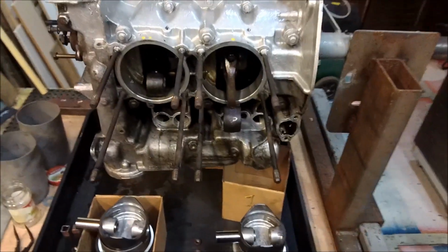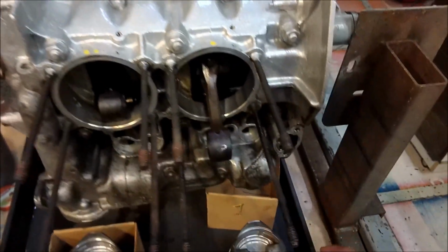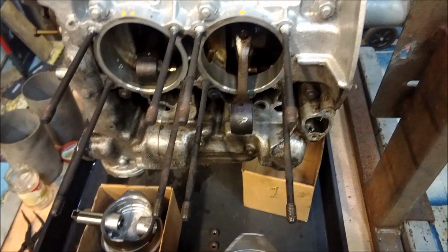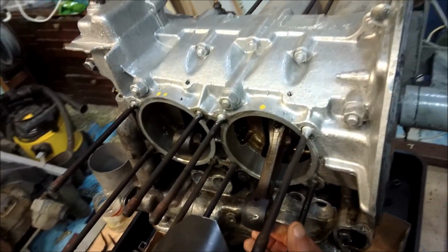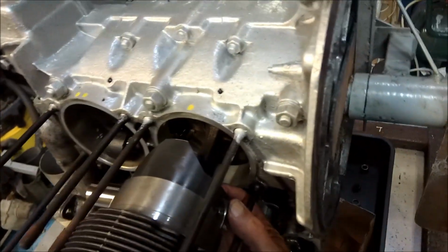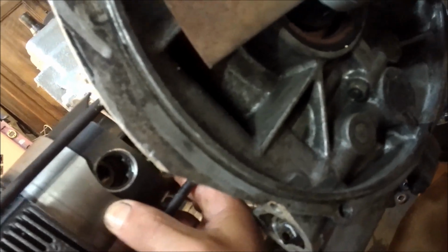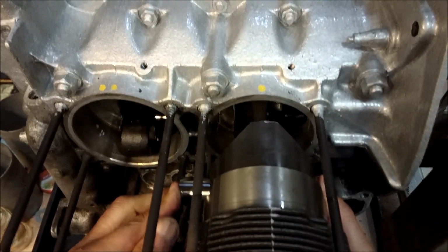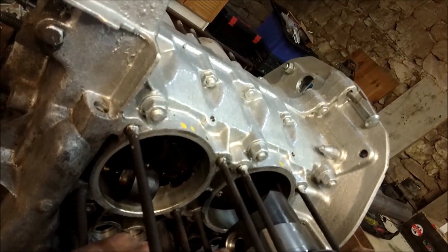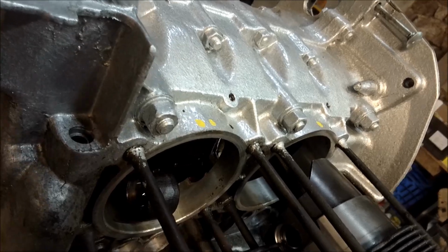Well, good morning. Okay, now we're going to fit number 1 piston barrel into place. Okay, it's all prepared. Right, now, nice and easy, does it? Yeah, that just pushes all the way in, and now we're going to fit the circlip. Now we fit the other circlip in, make sure it rocks. You see, here's the advantage of having long circlip pliers. Okay, so that can now come out,